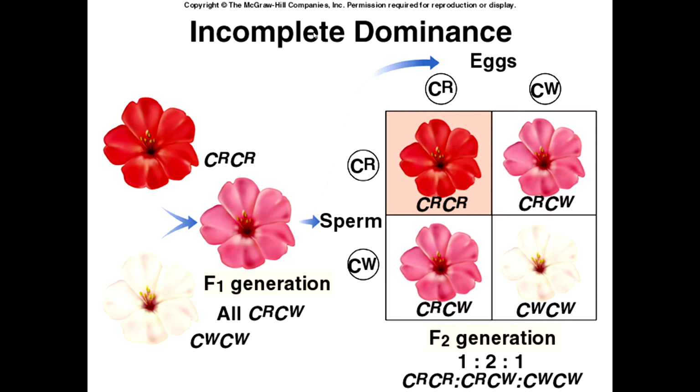And here is your outcome. So now you have a 1:2:1 ratio. In other words, here you have 25% A1s, which are red, 50% pinks, and 25%